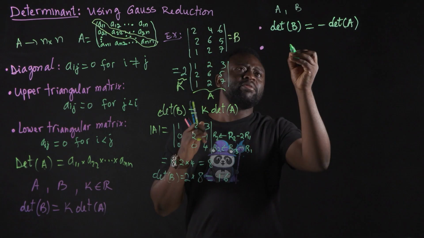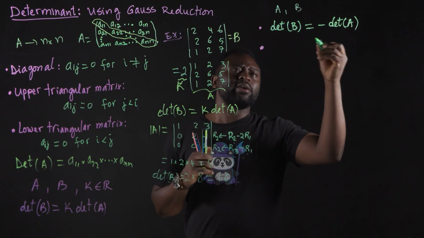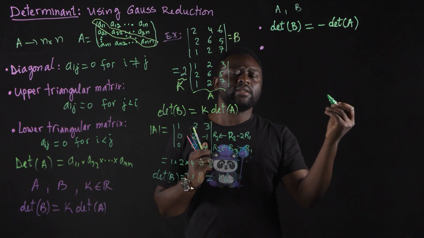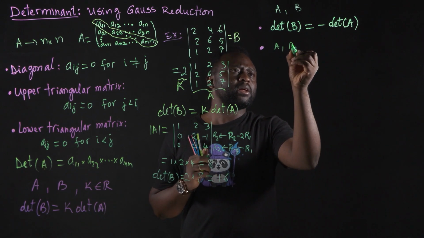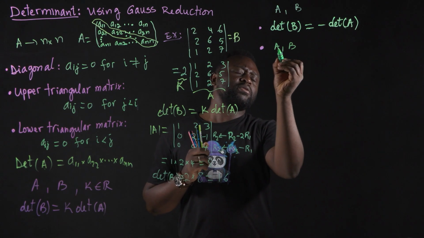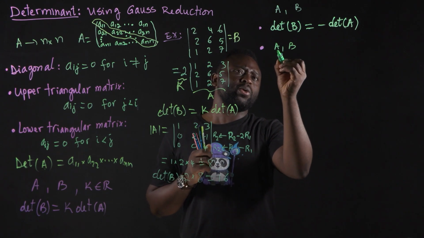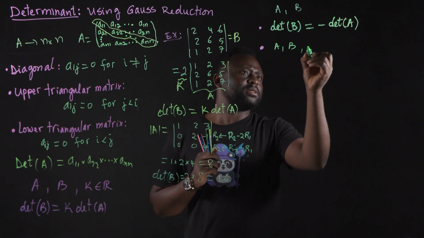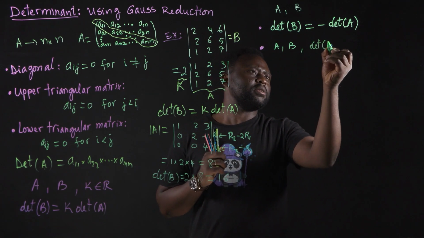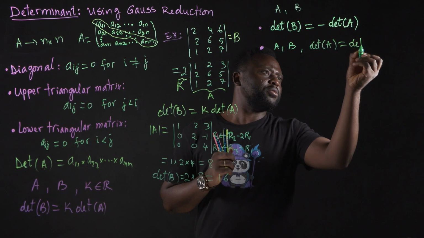The second point: if we add one row to another row, it does not change the determinant. Okay, if the matrix B is obtained from the matrix A by adding one row to another in the matrix A, then the determinant does not change. So the determinant in this case of A is equal to the determinant of B. Okay,